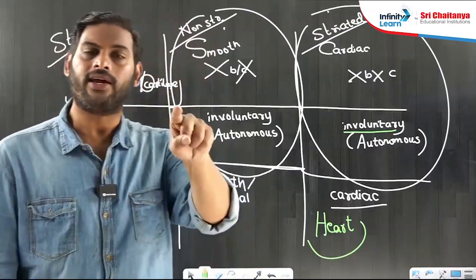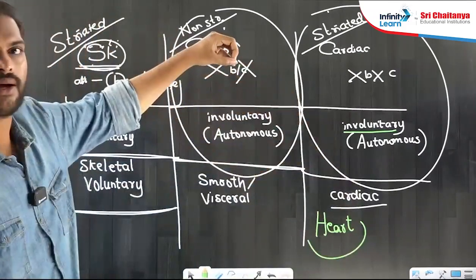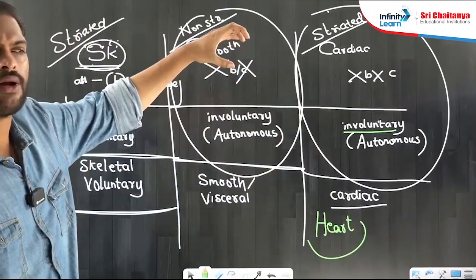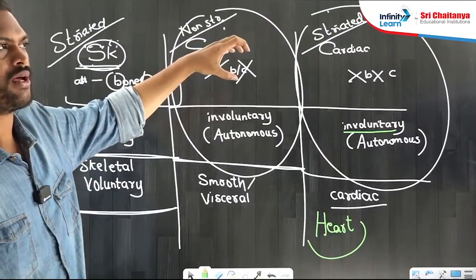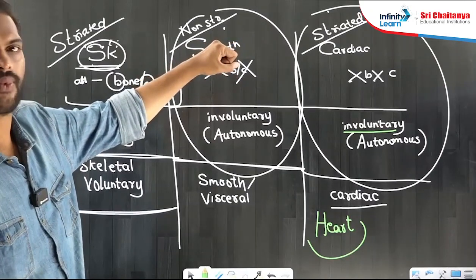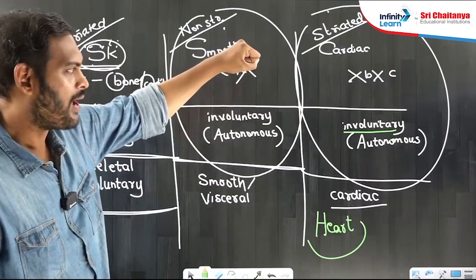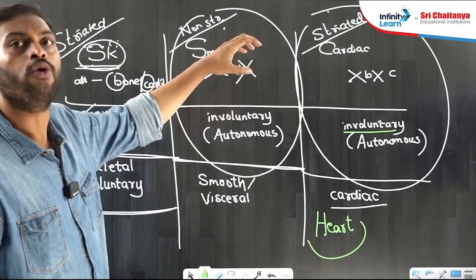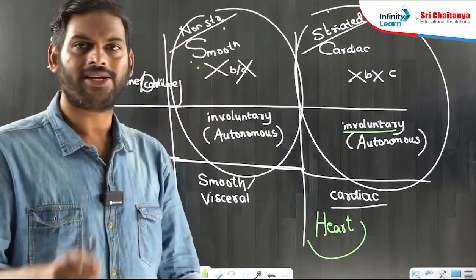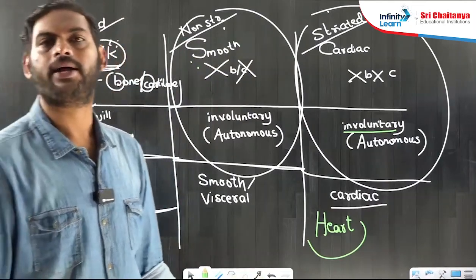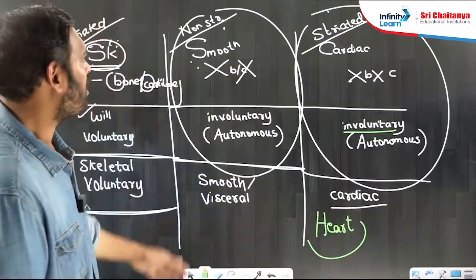Simultaneously, increase or decrease in blood pressure is because of constriction and dilation of blood vessels. Dilation means like this, relaxation. Constriction is like this, contraction. Blood pressure is actually controlled by constriction and dilation of blood vessels. Who does that again? Smooth muscle, isn't it? So the entire alimentary canal and the entire blood vascular system, all blood vessels except the heart, consist of